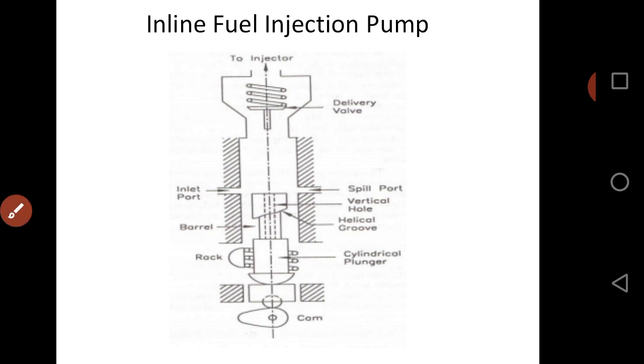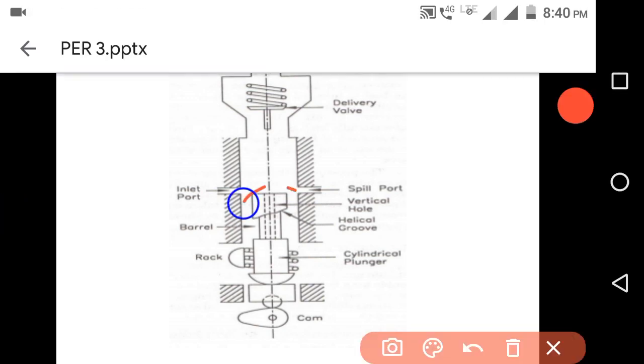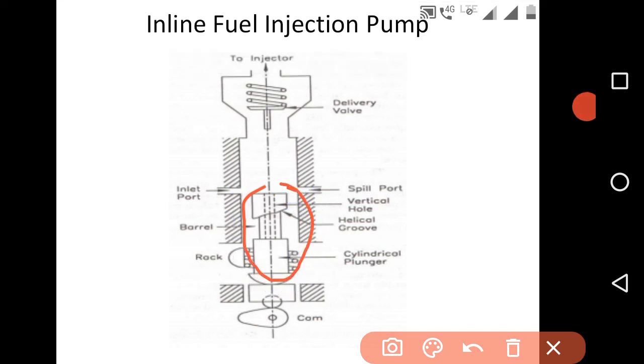See here, this is the plunger barrel assembly. This is very important because on this plunger and barrel assembly there is a straight vertical cut, and after that we have provided a helical groove.